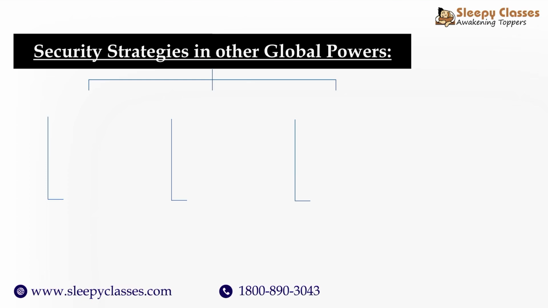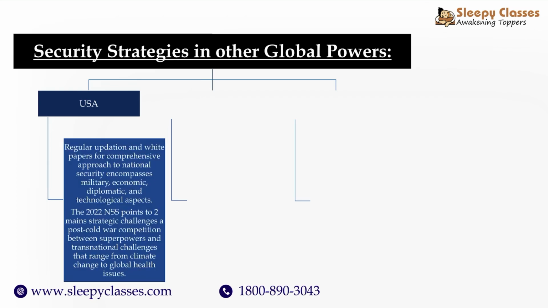Now, when we talk of the need for India's national security strategy, do these strategy documents exist in other global powers, in other countries? The answer is yes. A number of countries have made such documents and policies which cater to national security. First up is the United States of America. Here, very importantly, the US has regularly updated its national security policy through various white papers, right? For example, in 1986, you had the Goldwater-Nichols Act, which is the legal document which forms a base for the national security policies that the USA comes up with.